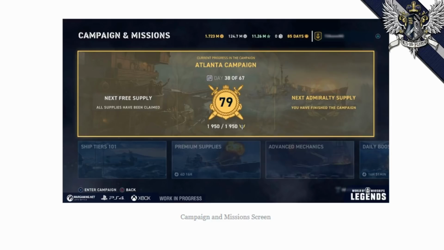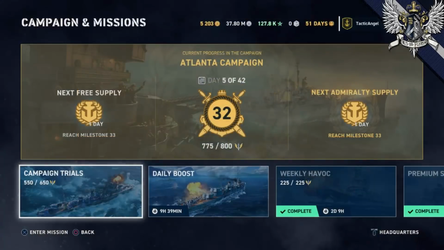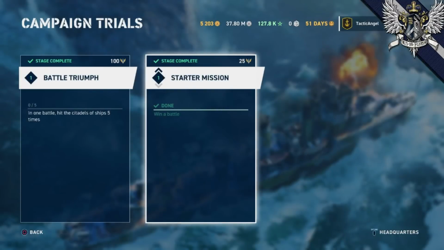So where do you get the extra 600? The extra 600 are earned through these campaign trials. They add up to a total of 650, so it looks like you can overshoot the mark, but just barely. Going into these campaign trials, there are really two sets of missions here, and you have to do each one